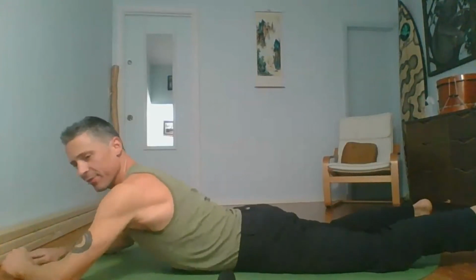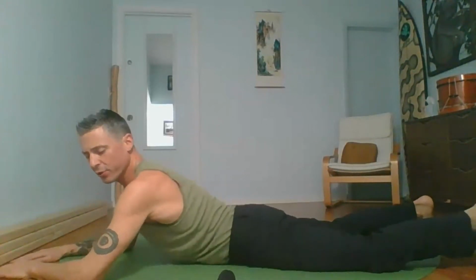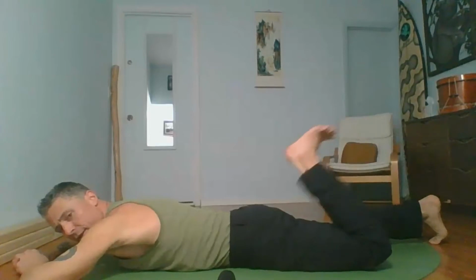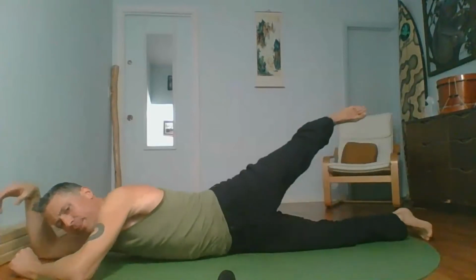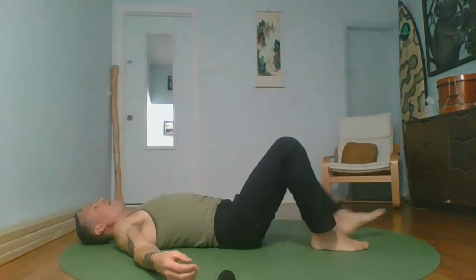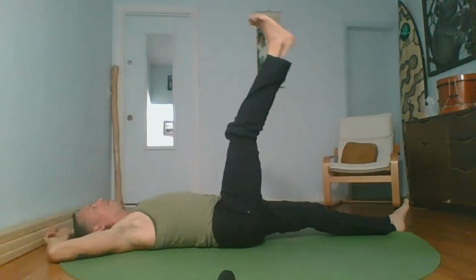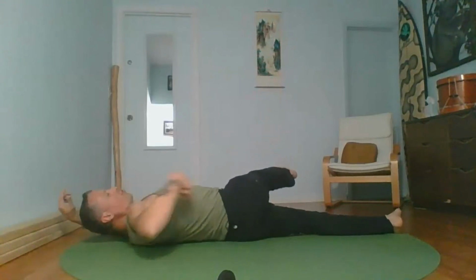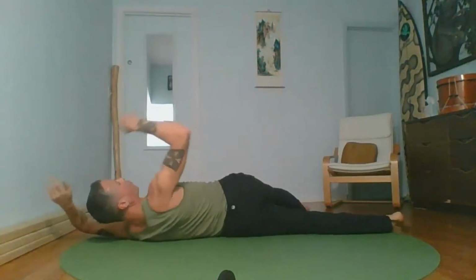You can extend through the spine, post yourself up on your shoulders, your forearms. Good morning. And then from here, squeeze your glutes, bend one leg, reach it behind, return to your backside, shake it out, switch sides. So again, foot comes towards the ceiling, across the body,